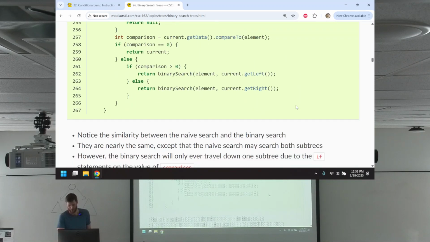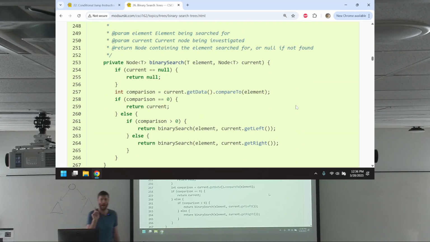So with this one, though, at most, we will have one recursive call, right? At most. Because we're either going to run this one or this one. If else, they're mutually exclusive. You will never call both. You will only ever call one. So